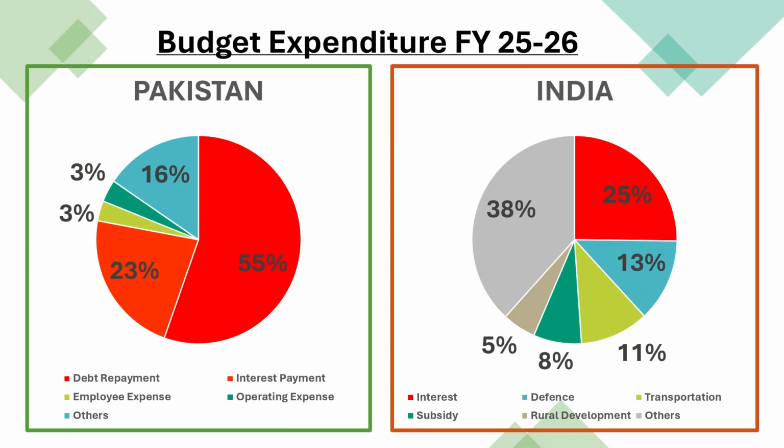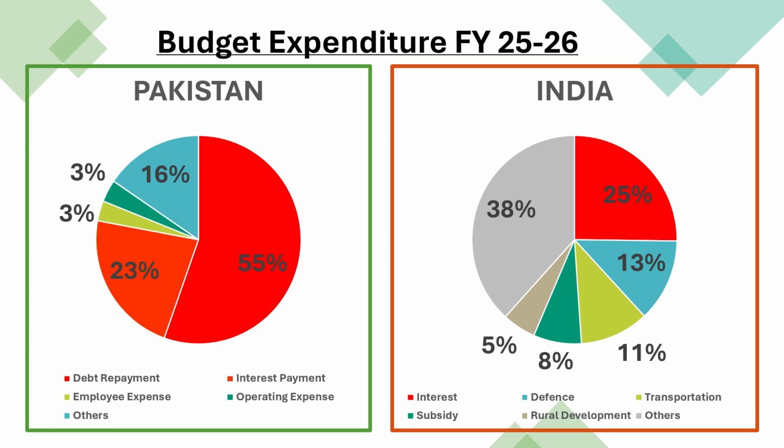Now, moving on to the budget expenditures. Budget expenditure is how the money is spent. We last talked, in the graphs, about how both these governments were getting the money. Now we are talking about how the governments spend their money. Looking at the expenditure, what we see is